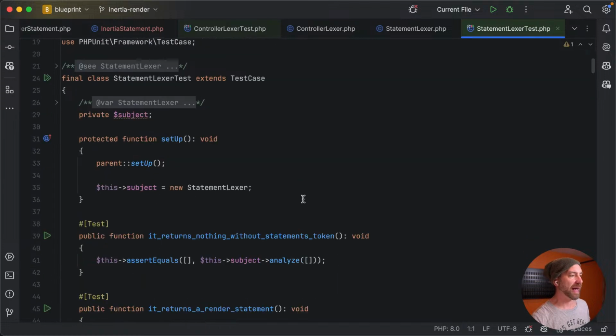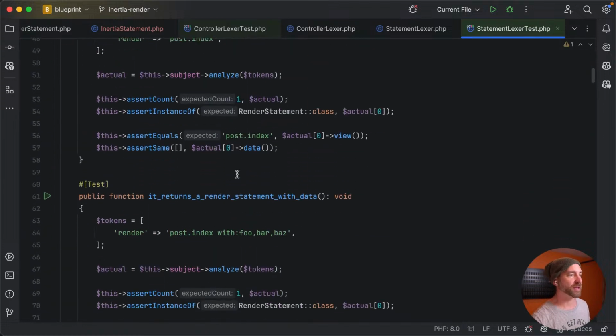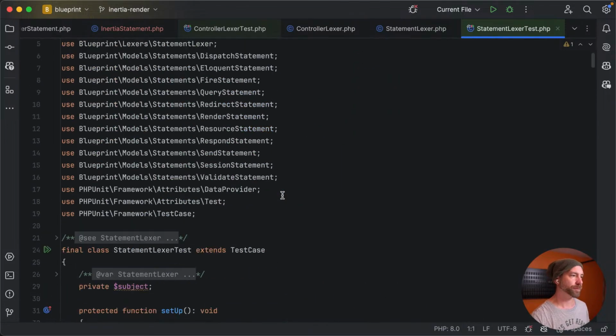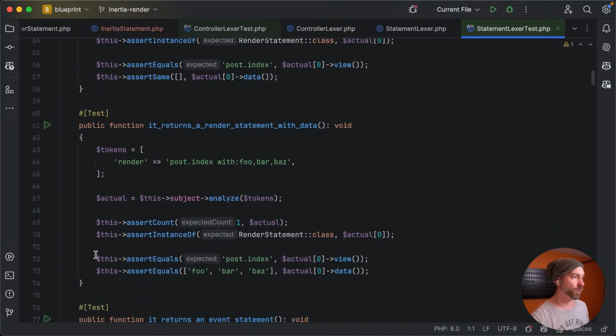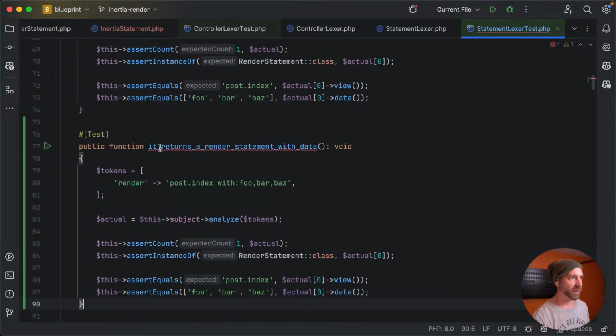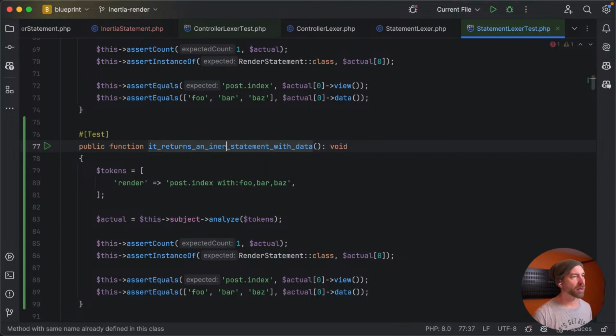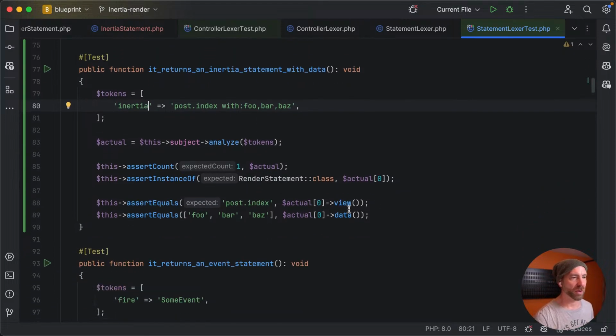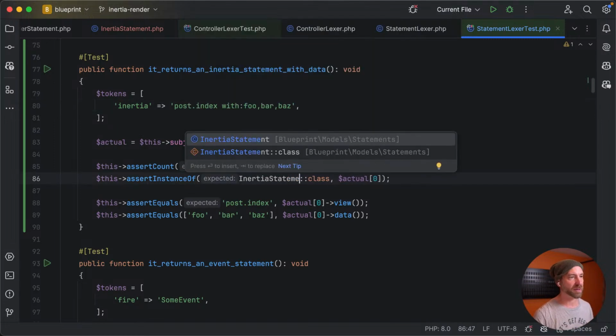Statement lexer test probably has all the different statements. Yeah, render statement with data, event, yeah, okay. This is what we want. I'll just make a quick test here with data. I think that's fair. Let's do this. Let's just do one with data. It's no big deal. It returns an inertia statement with data. I think this is good enough. So let's call it inertia post indexed with foo bar bars. Totally fine. So the data is going to be foo, but instead it's going to be an inertia statement, which